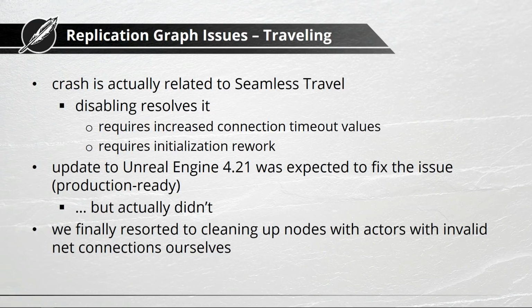So we were kindly and very friendly asking in UDN what production ready actually means with respect to this one. And they were like, oh, who put that in there? I don't know. They meant with production ready that it has been used in Fortnite, so it's reasonably production ready, but obviously there are still issues with seamless travel. Some of which are already fixed in 4.22, which was released like, I don't know, last week or so. We were unable to confirm that.